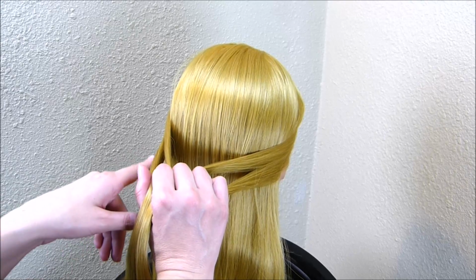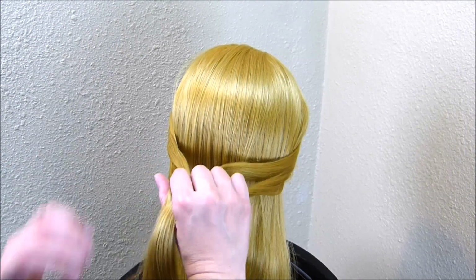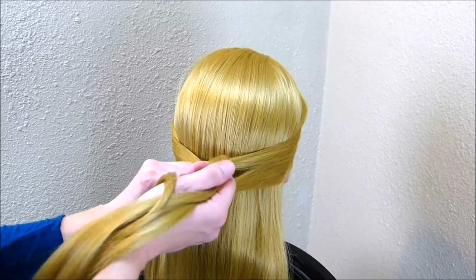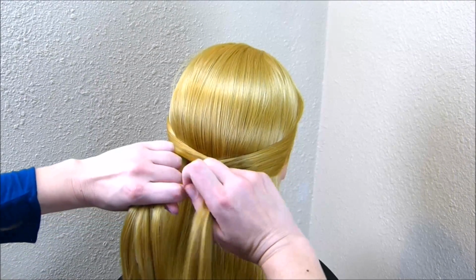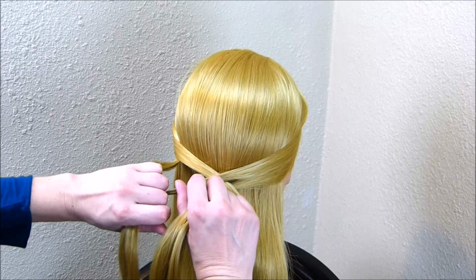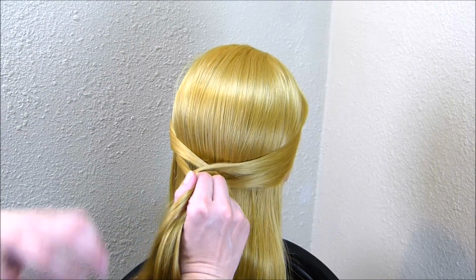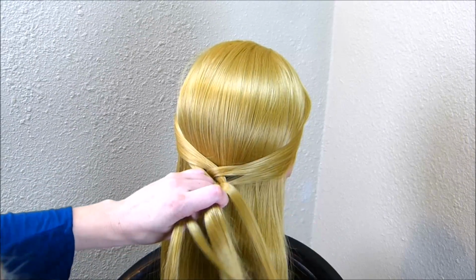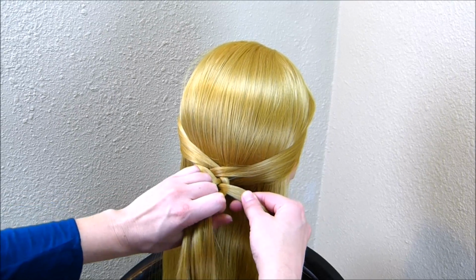To do that, you want to take the strand that is furthest to the left, bring it over the strand it is sitting next to, under the next one over, and then over the last strand. So I just went over, under, over. And then you want to repeat that same step. So I'm starting with the strand that is now furthest to the left, and again I'm going to bring it over, under, and over. So at this point you'll want to kind of tighten things up,